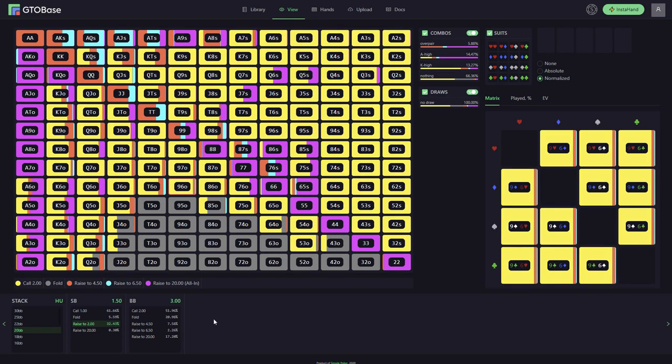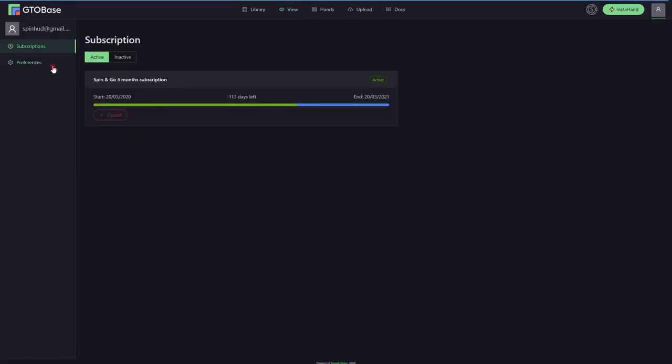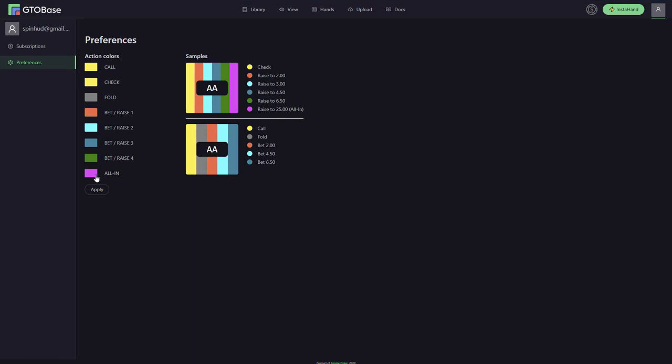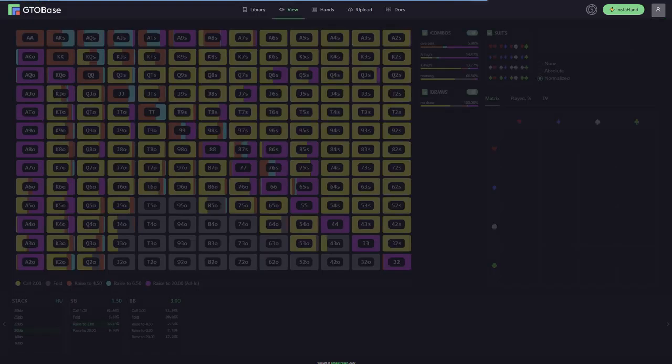First, a separate color for all-ins. Many users have requested this one, so here you go. Now you can set a color that you like. You just go here in Settings, then Preferences, and here it is. Choose the color to your liking,